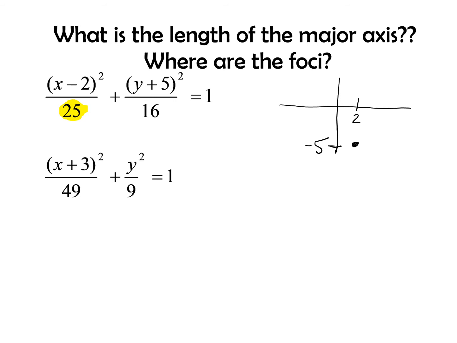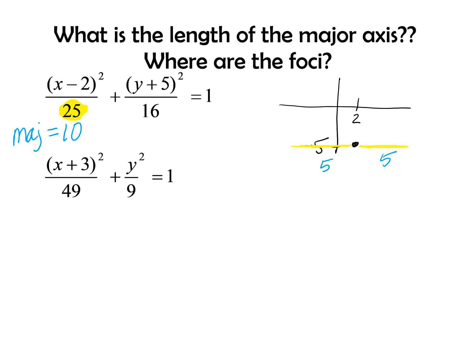And because it's underneath the X, and we see that 25, that means that we're going to go 5 units this way and 5 units that way. And again, I won't even bother trying to draw in the ellipse, but that shows me that my major axis is going to be 10 units long. So you're essentially taking the square root, and then you are going to double that. Then to find the foci,